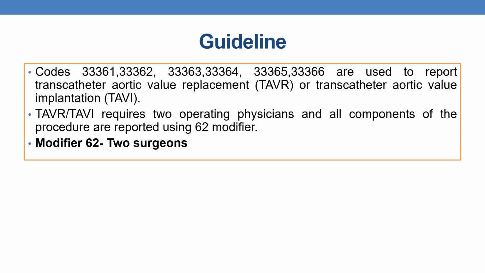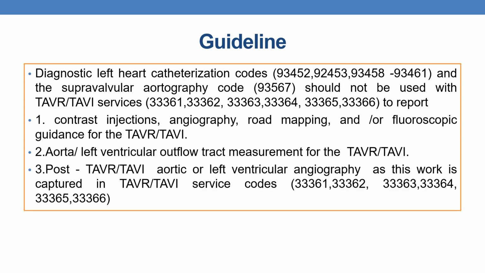So here, along with 33365, in our question we are using 33365. You need to append 62 modifier. That is the first guideline. Next is the diagnostic left heart catheterization codes, that are 93452, 93453 and 93458 to 93461,